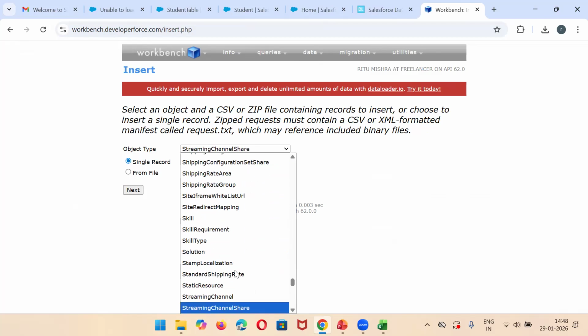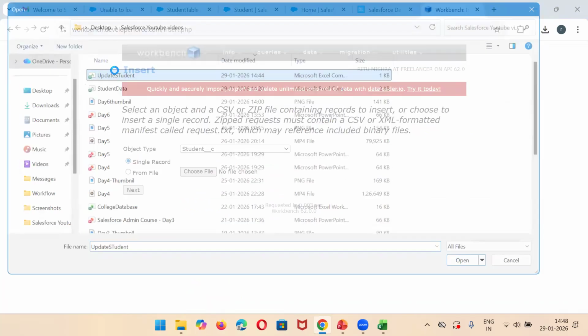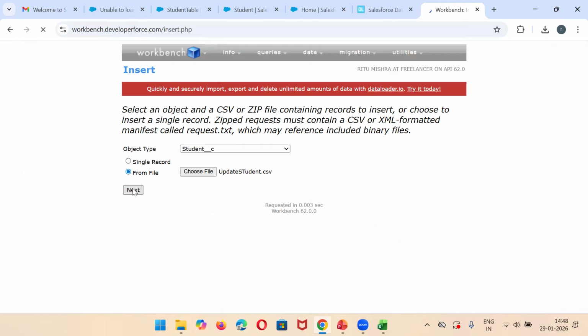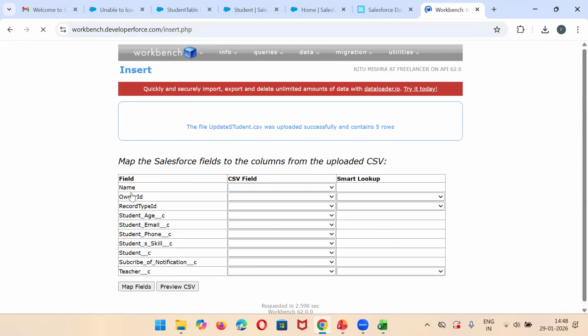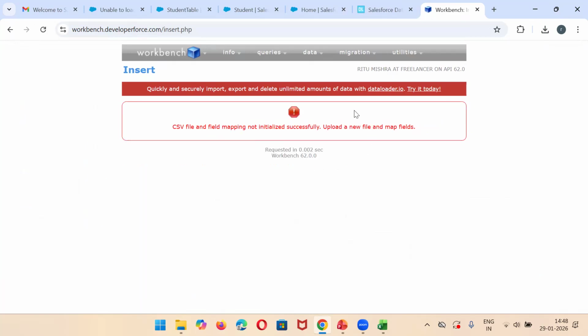It is at the bottom. Can you see? We selected this object. From here, you will select the file, click on Next. And then you have to do the mapping. You have to put all the field mapping. You have to map the fields, because it is not showing the next step. Once you have mapped all the fields, you can upload the data. So three different tools we have discussed today: Data Import Wizard, Data Loader, and Workbench, using which you can